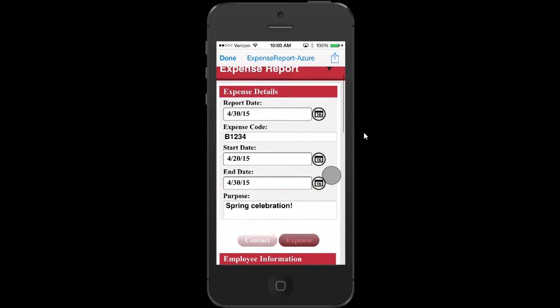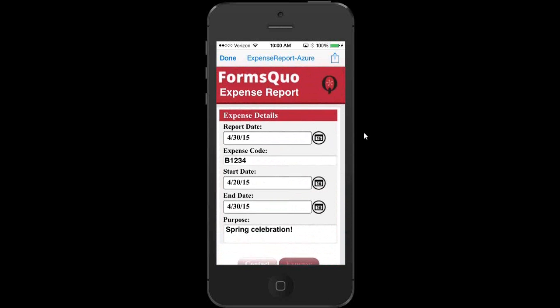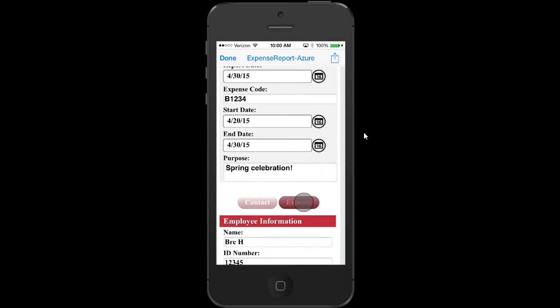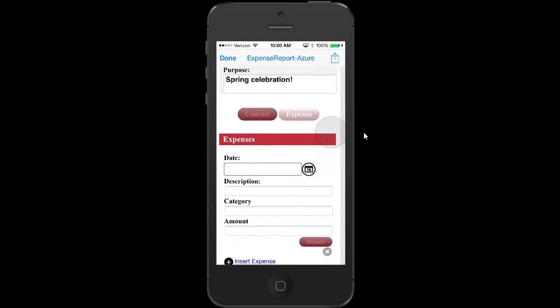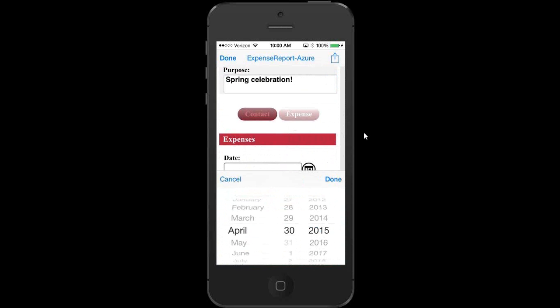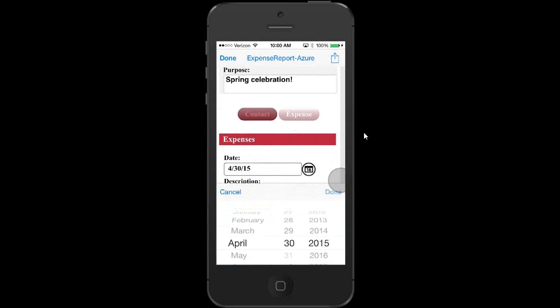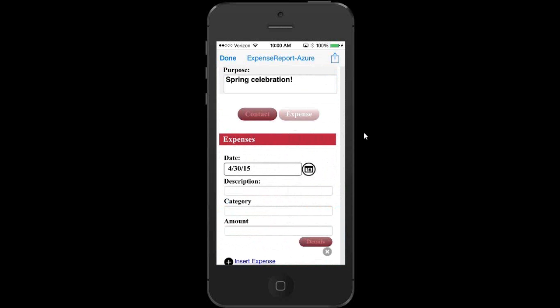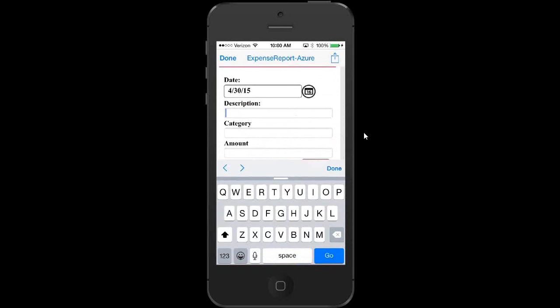You can see I can now insert an expense, maybe for today, and we'll call it our, let's see, our expense is going to be spring food, and we'll call it meals,